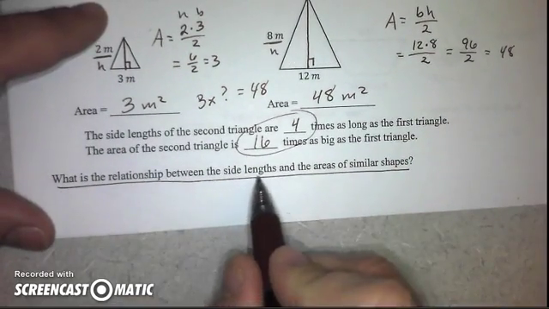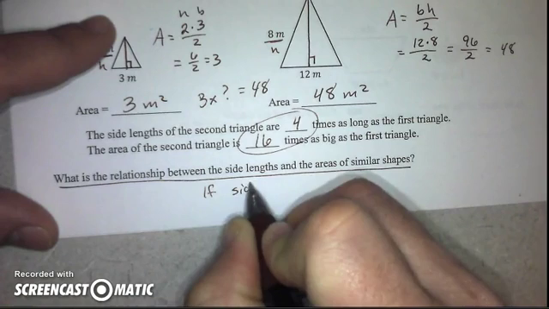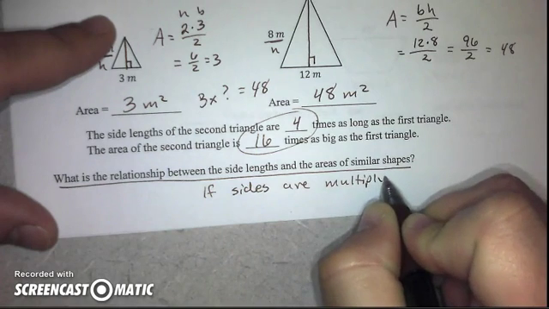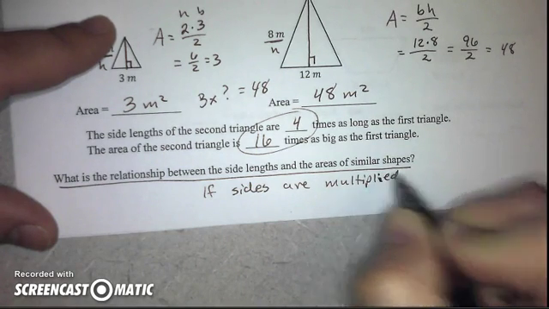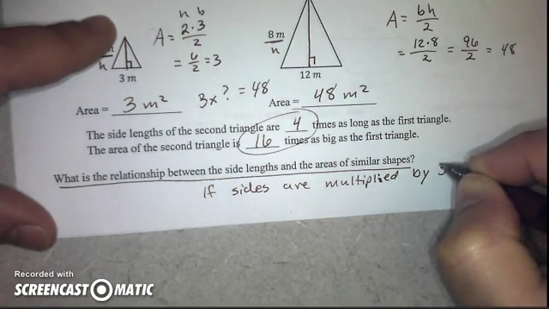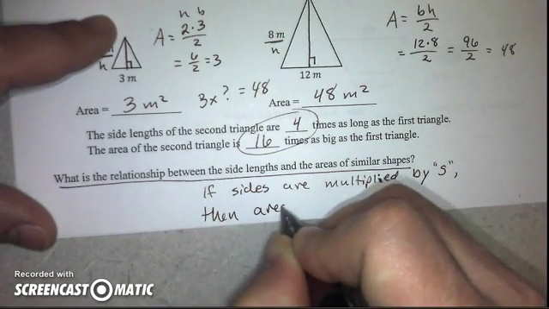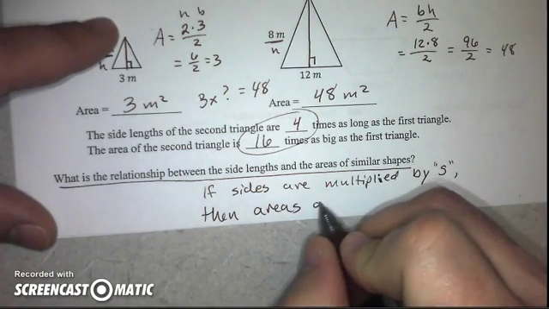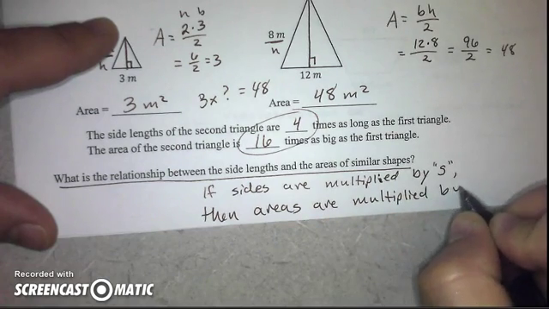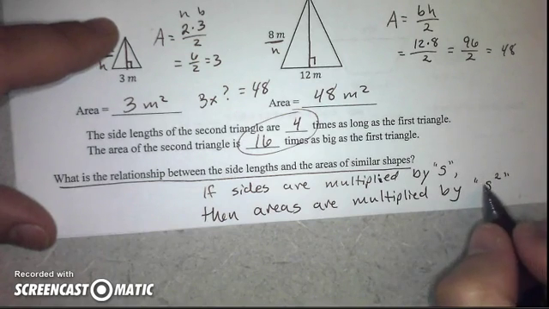The relationship between the side lengths and the areas of similar shapes is this. If sides are multiplied, sorry, it's an I. If sides are multiplied by some factor s, then the areas, and this is all of similar shapes, are multiplied by that same factor s to the second power, because you're multiplying by s twice, and so you're